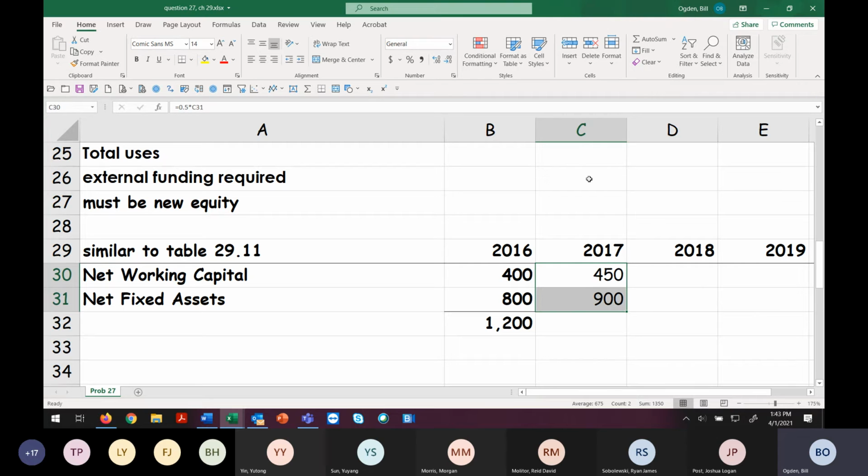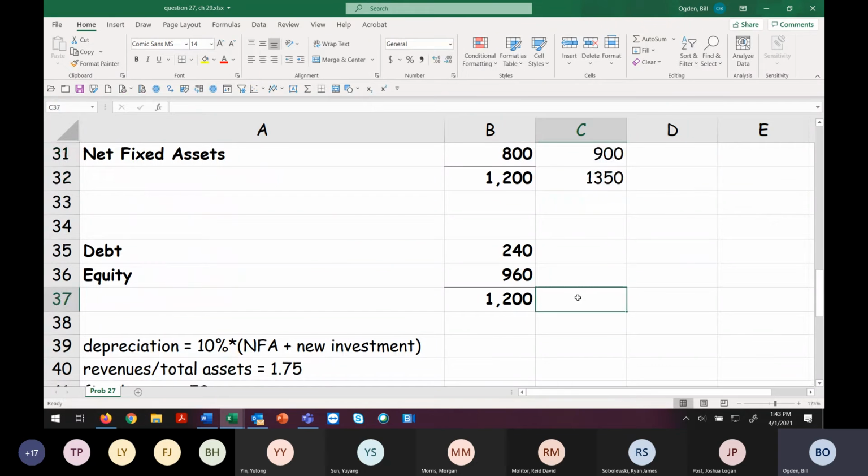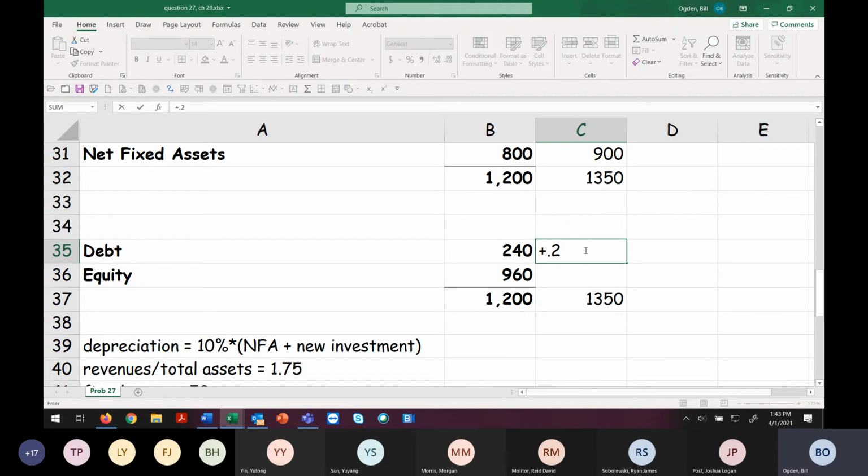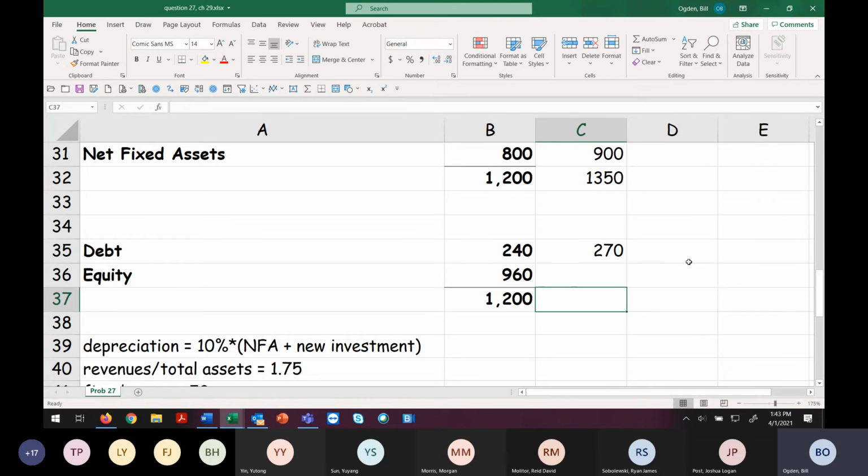This will be the sum. And you know these have to equal each other, do they not? And then the debt is capped at 20%. 0.2 times 1350. Okay, here, don't do this one, because this is,